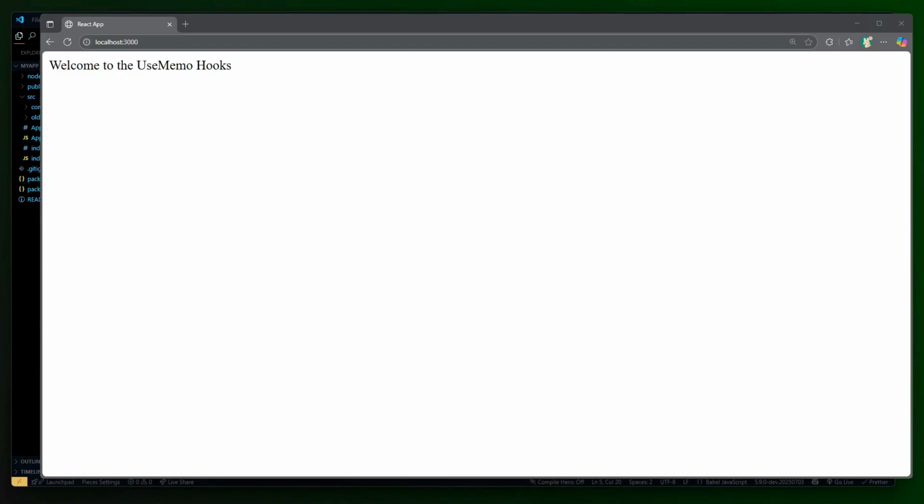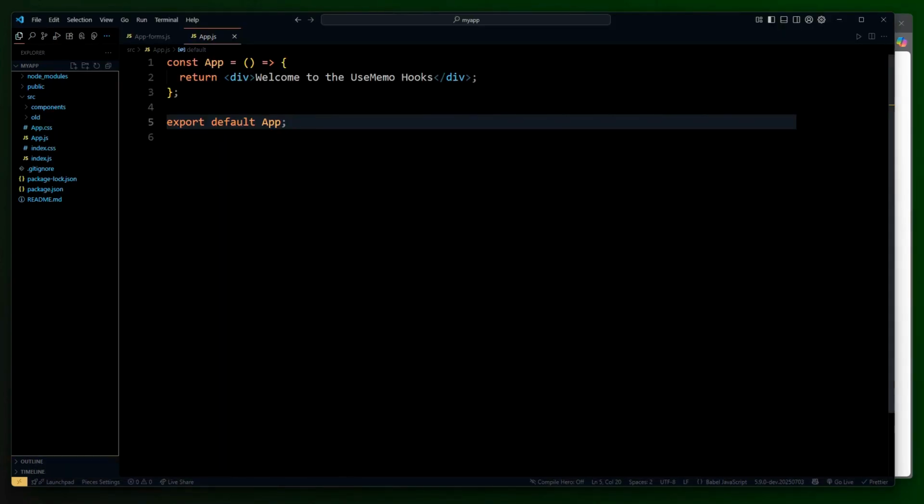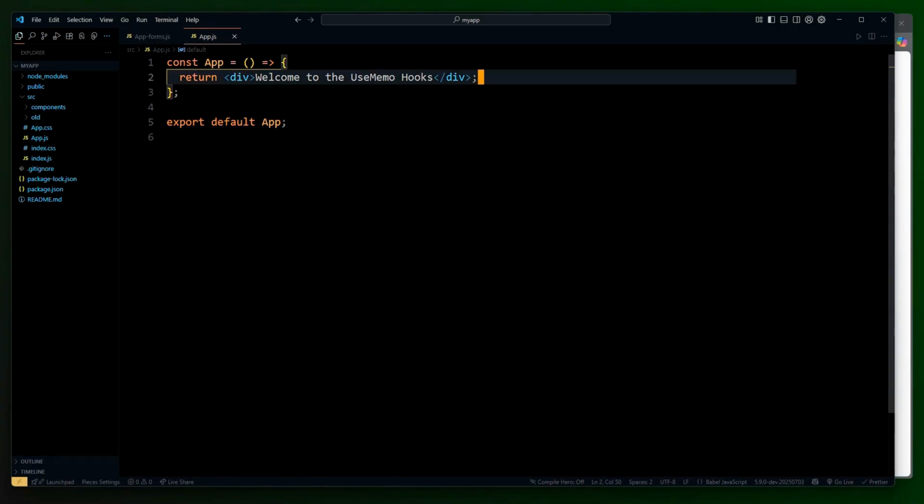Likewise, useMemo is another hook method that helps you to memoize the value or the calculation or whatever functionality you are doing within the useMemo hook method, and that is why we call it useMemo. That's the exact purpose. So here is the application that I already created and it is running. Now we are going to take a scenario and write code that explains how the useMemo